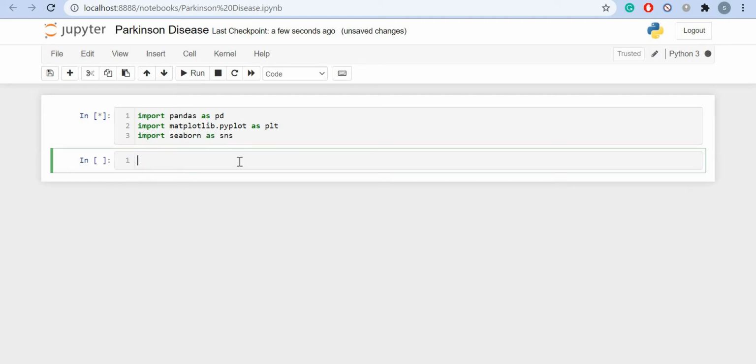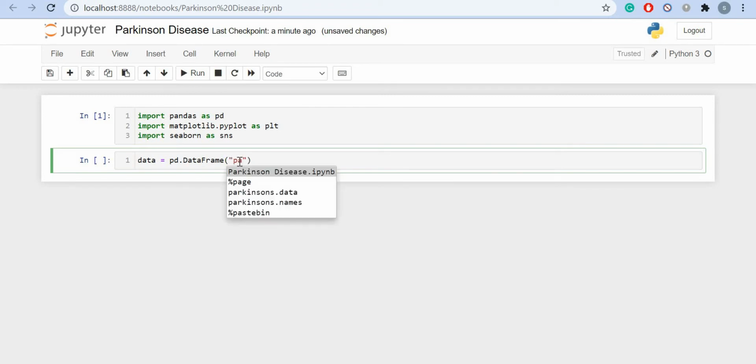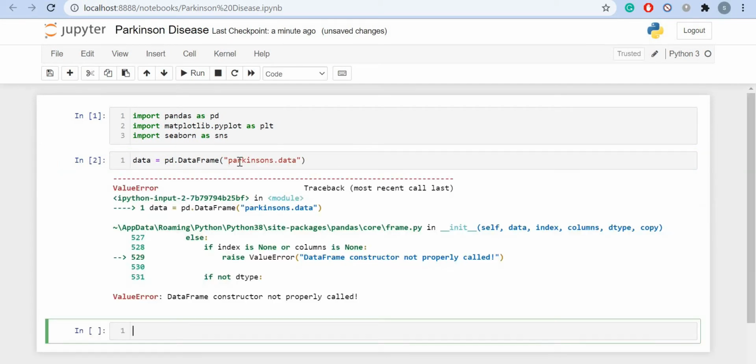Let us import this, and then we'll say that we want the data to be stored in a pandas DataFrame. We'll call the DataFrame and say that the data is stored in Parkinson data. If I press tab, I can see there's something called Parkinson data. So this is called the DataFrame constructor.